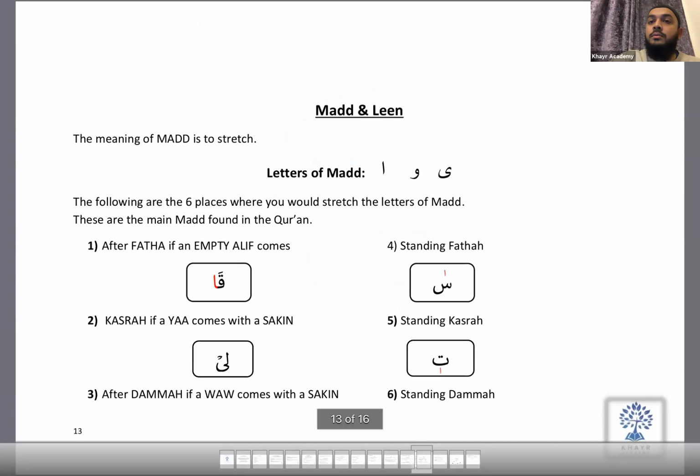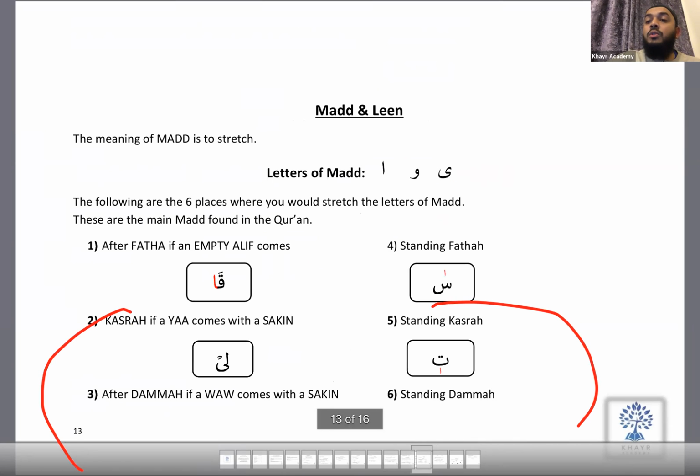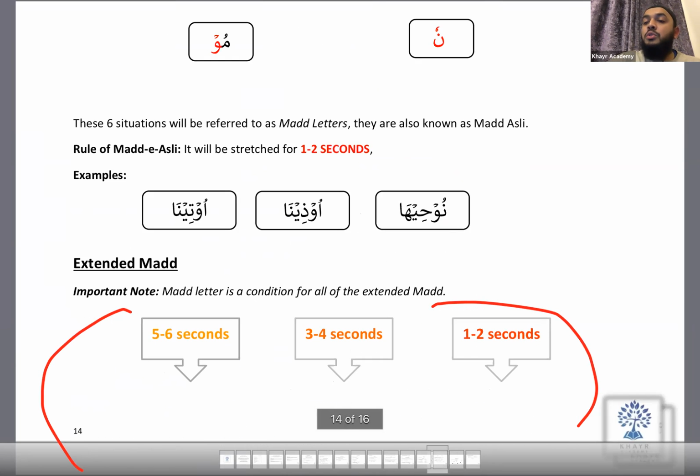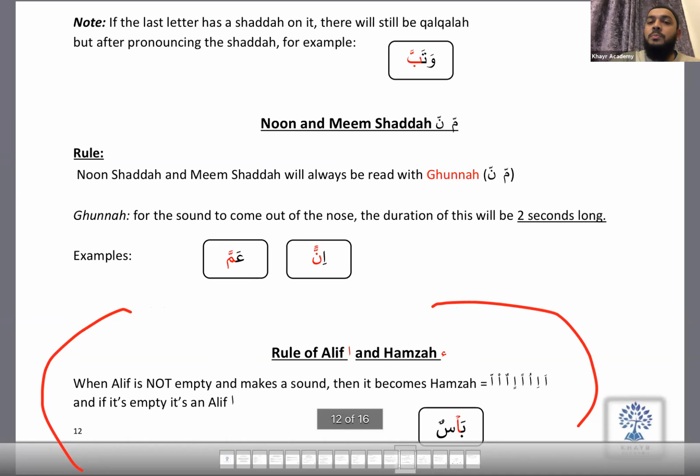Okay. The next one is very simple, and that leaves us, if we can do this today, with madd, stretching: when to stretch in Quran, when not to stretch, and what the different types of stretching are. And then module 2 should finish, and then inshallah we'll start module 3, which is going to be a bit more intense, not harder, a bit more information to take. And inshallah we'll read Quran at the same time, or we'll do practical, we'll get Quran and show it practically. And then module 4, and then inshallah we should be able to read our salah properly.